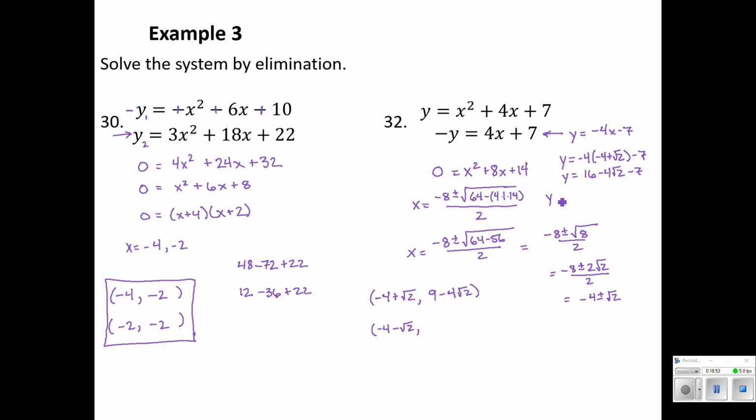Let's see what happens when we do negative 4 minus root 2. So I got negative 4 times negative 4 minus root 2 minus 7. We're seeing a lot of the same steps here, 16, except now it's plus 4 root 2 minus 7. That result, when we combine like terms, is 9 plus 4 root 2. And if we got decimals, we could check those in our calculator. In fact, later this lesson, we're going to talk about how you can use your calculator to very accurately check your work with these two.